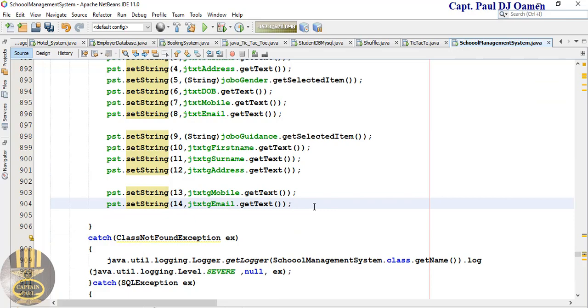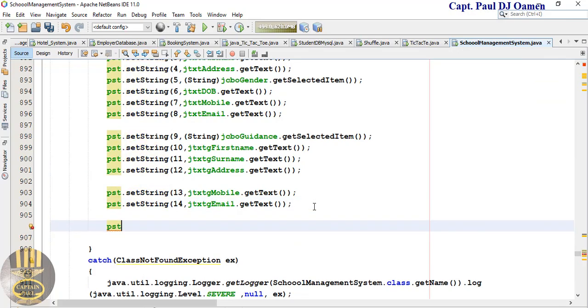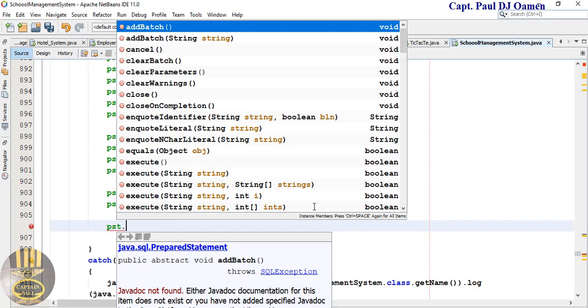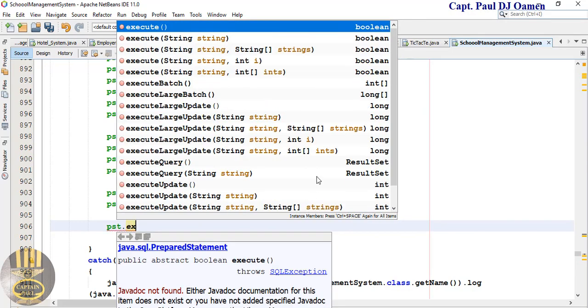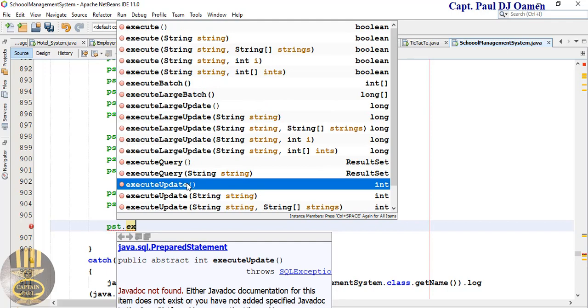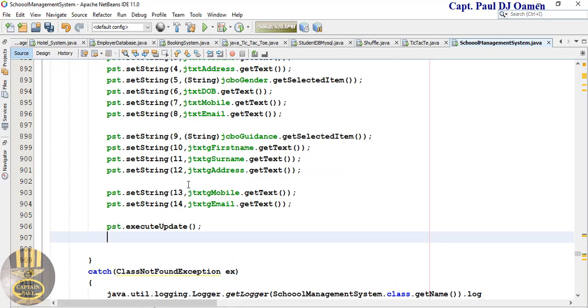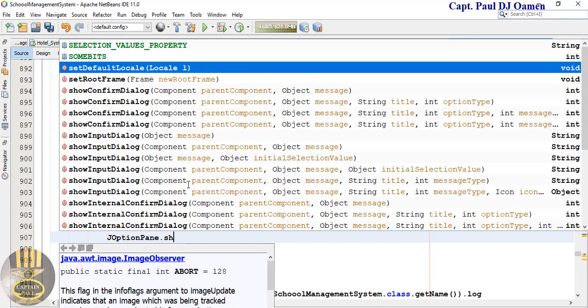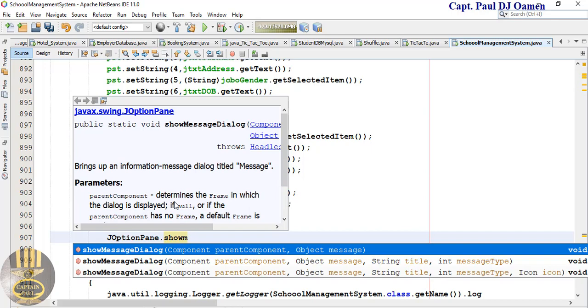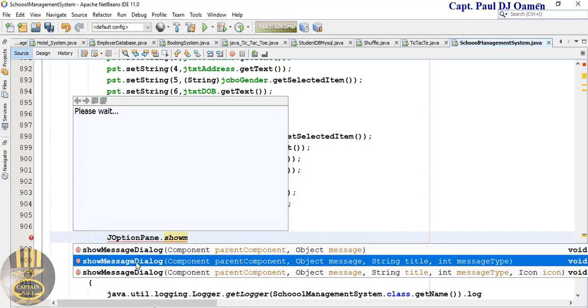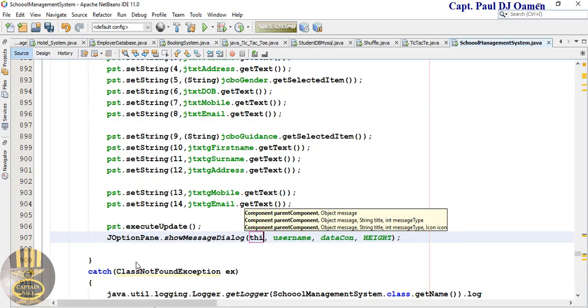So let's get it executed. So we now come down here, st dot execute update. Execute updates. Then what about message box? Maybe it's just a message box. JOptionPane.showMessageDialog. So I can just say this